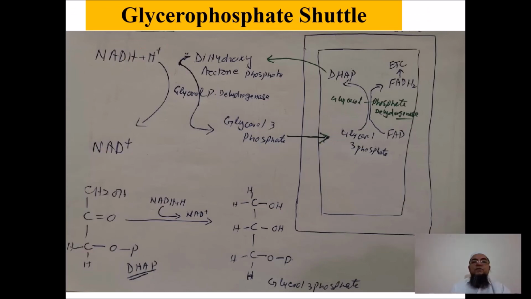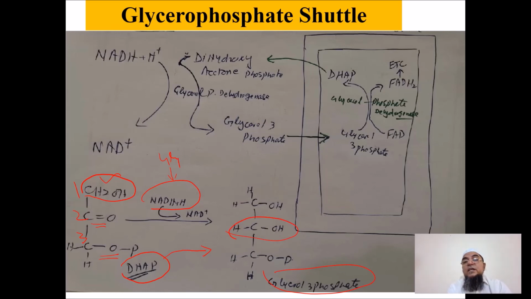The other pathway is the glycerophosphate shuttle or glycerophosphate pathway. This is not much active in the human body. So what will happen here? Here the acceptor is dihydroxyacetone phosphate. See, this is a 3-carbon compound, a keto sugar. This is an alcoholic group, and this is the second alcoholic group where the phosphate is added, and this is the keto group. NADH2, say for example from glycolysis or any pathway, comes and attaches, and will give 2 hydrogen to this, and then this dihydroxyacetone phosphate will convert into glycerol 3-phosphate. See here, this is converted into glycerol 3-phosphate.